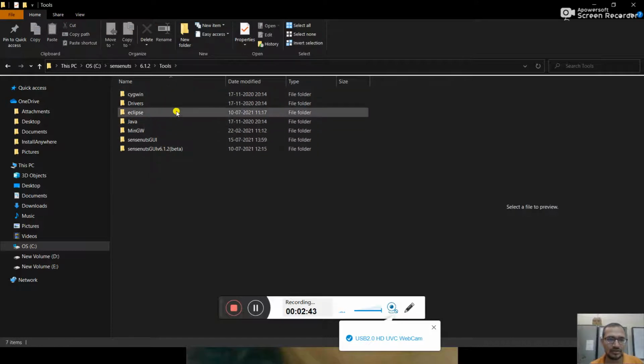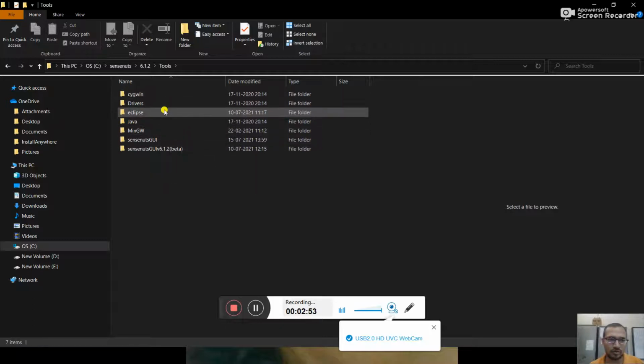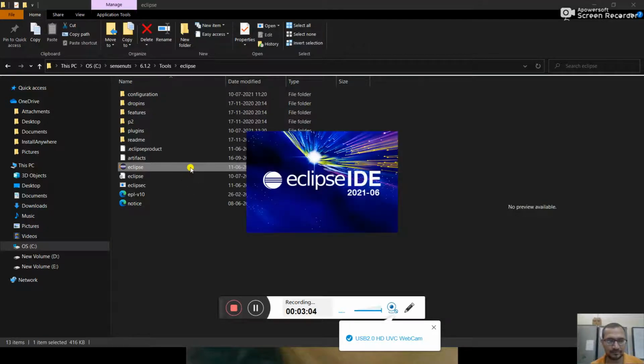In tools there is Eclipse, Java, MinGW, and the SenseNuts GUI version 6.1.2. You need to go through Eclipse basically, because all the drivers are installed automatically. So now I am invoking the Eclipse IDE.